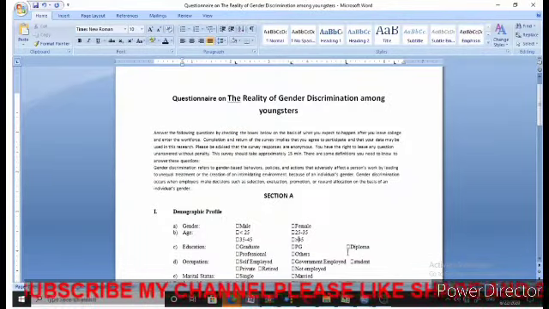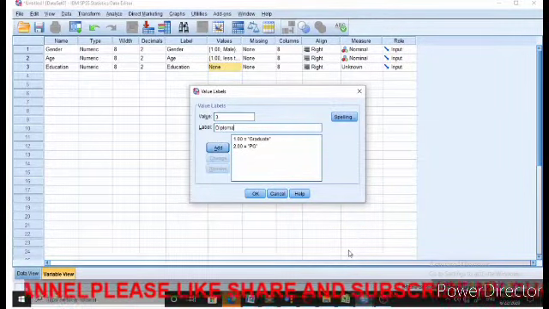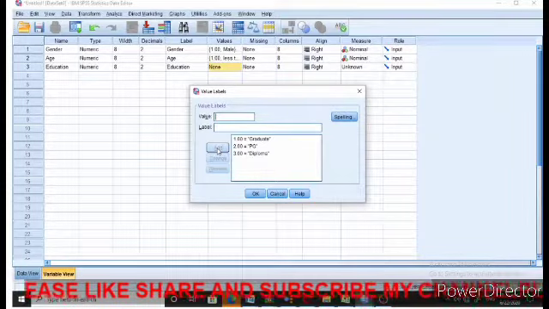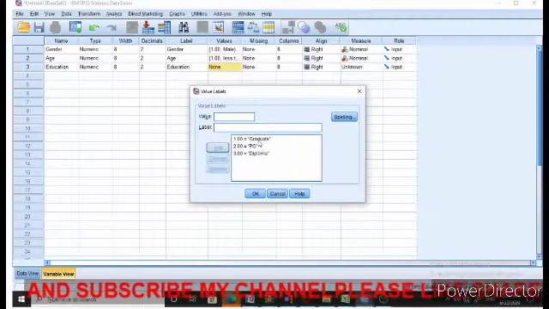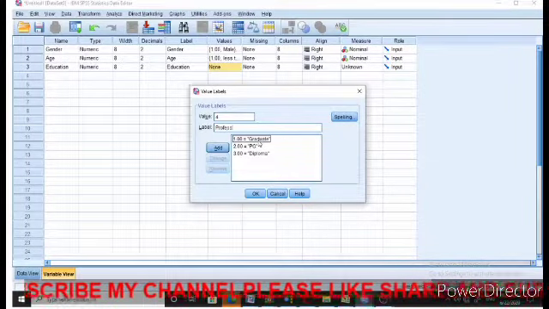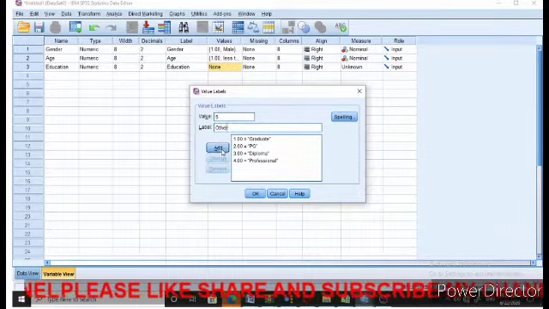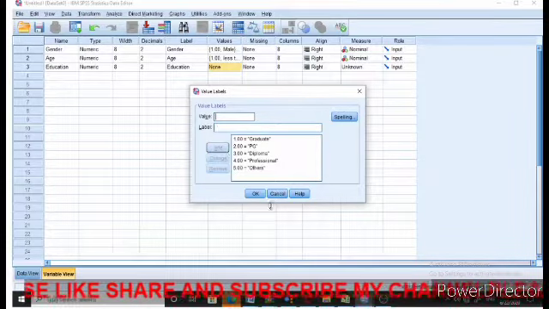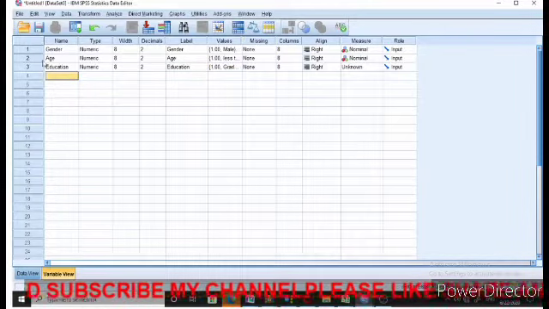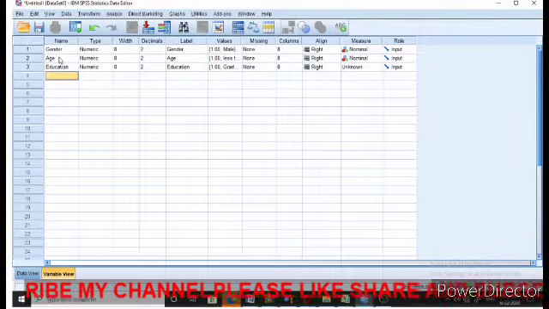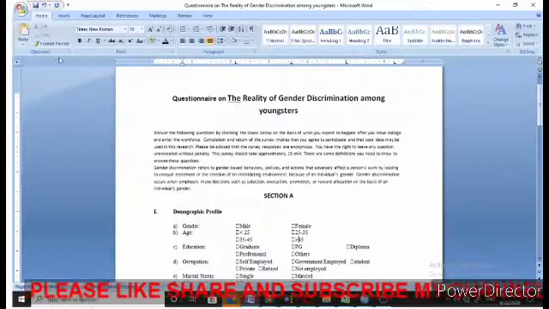Then on third it is diploma, and fourth it is professional, and fifth is others, right? All right. So this is how we define various demographic variables in SPSS.